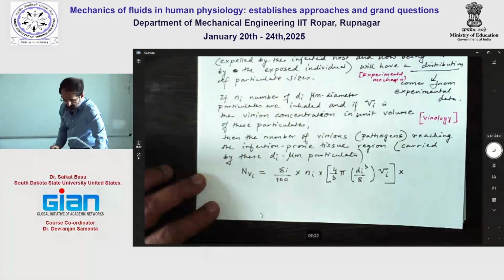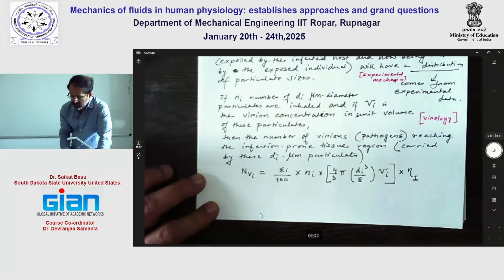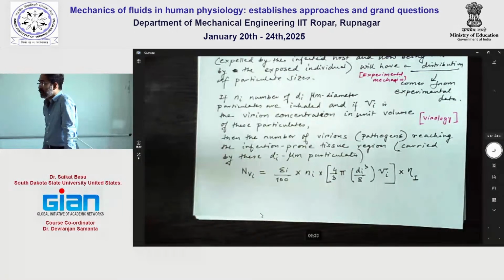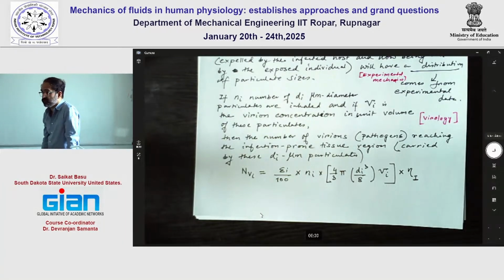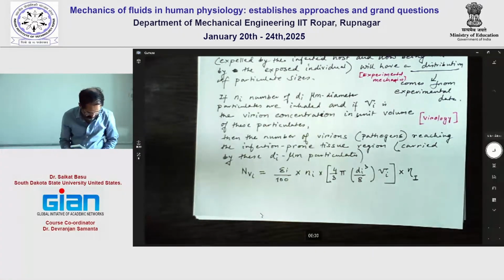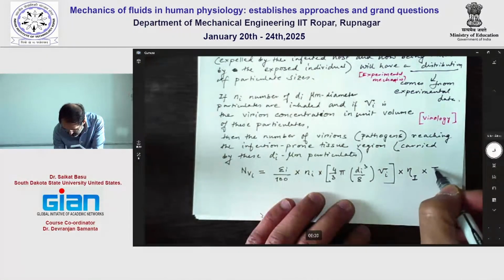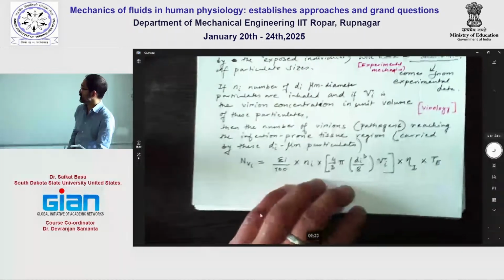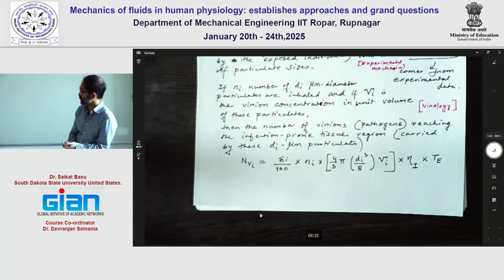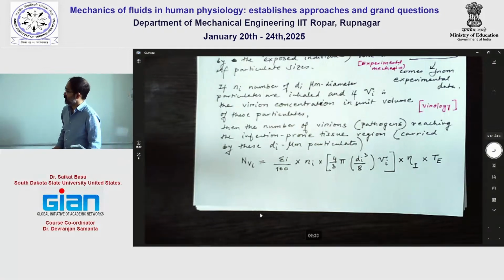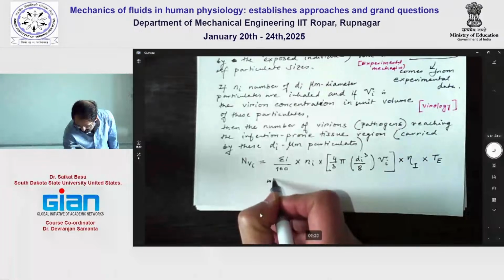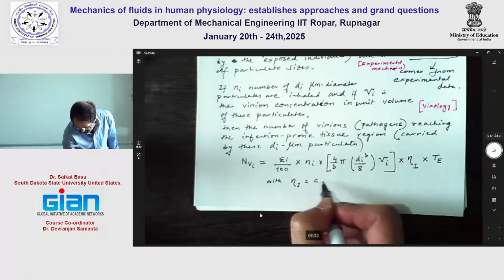times we have some correction. This correction is coming from the immune responses of the person. So, as I think I did mention, if I am breathing in 400 virions and one of you is breathing in 400 virions, our responses could be different because our innate and adaptive immune responses are different. So there could be a correction factor that we need over here. So I'm calling that eta I. And if the exposure duration over which you are inhaling these particulates is Te, then this is the expression. So NVI is the number of virions that would be landing at the infection prone site based on this platform. So here with this eta I being the cofactor